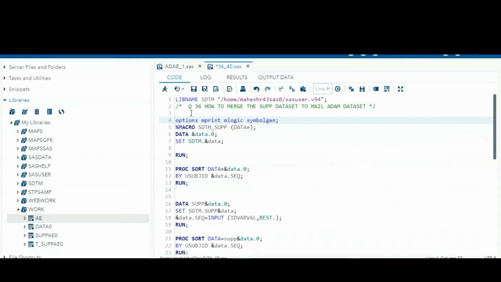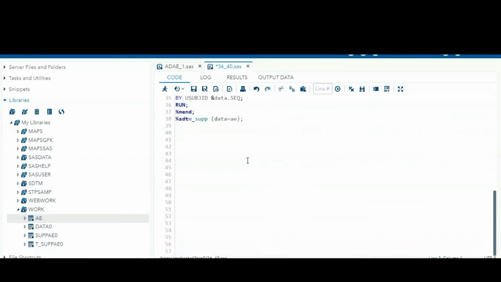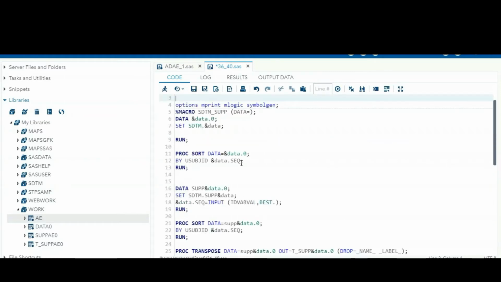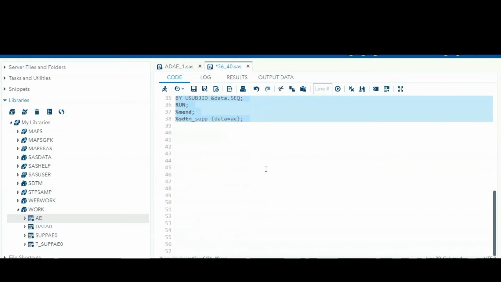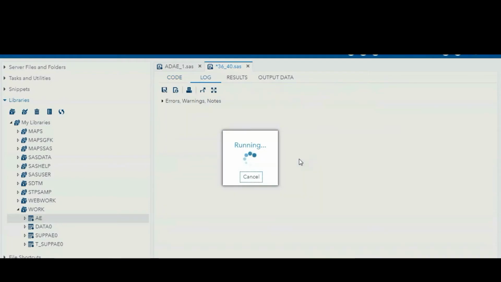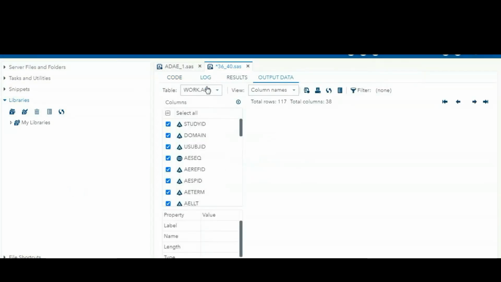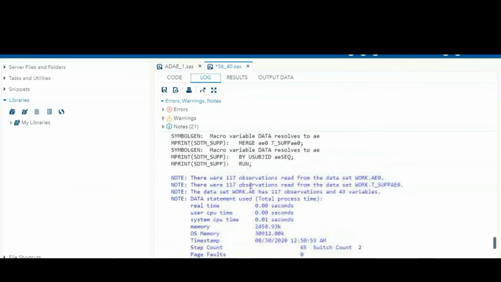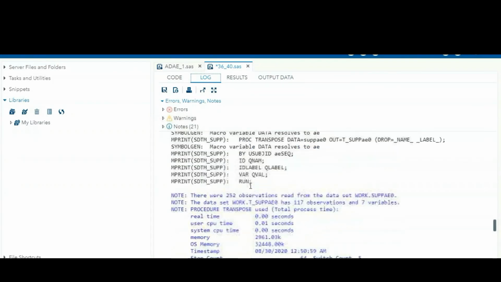Whenever you are executing any standard macro or any created macro, you can write this piece of code so that the macro debugging options will show you any error, warning or comments. So I am passing the AE dataset now. Here the log shows no errors, no warnings. It is perfectly executed.